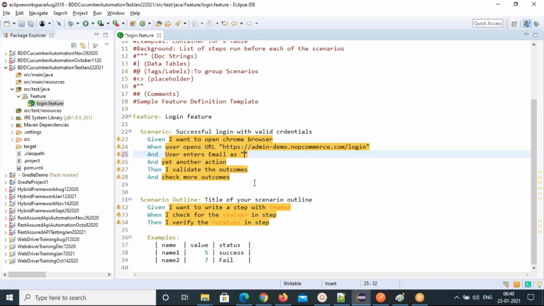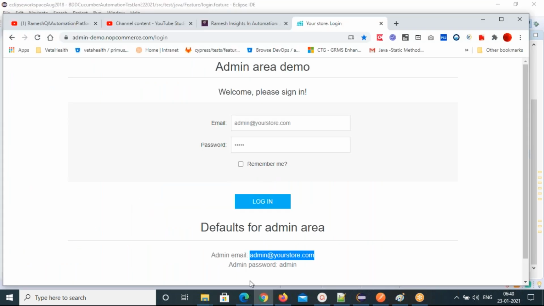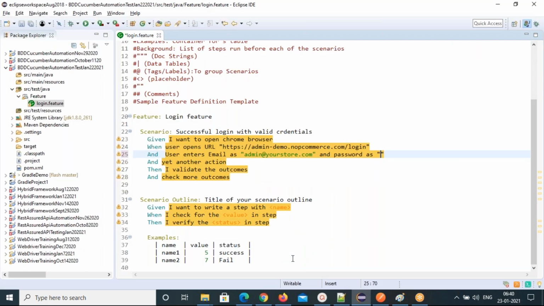I'm hard coding here. And password as the password you give, copy from here. Okay, that is one step.